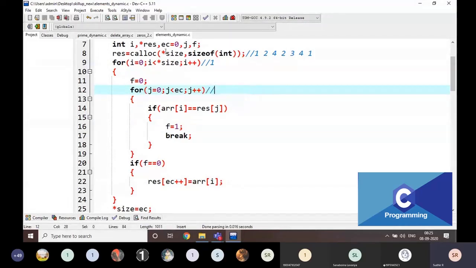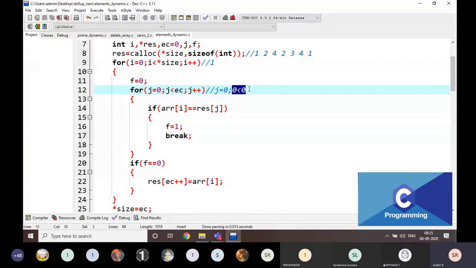Again I am going to work here. For the first time, what is the EC value? EC becomes 0. J is also 0 and EC also 0. Then is 0 less than 0? Is it true? Students? No, sir.